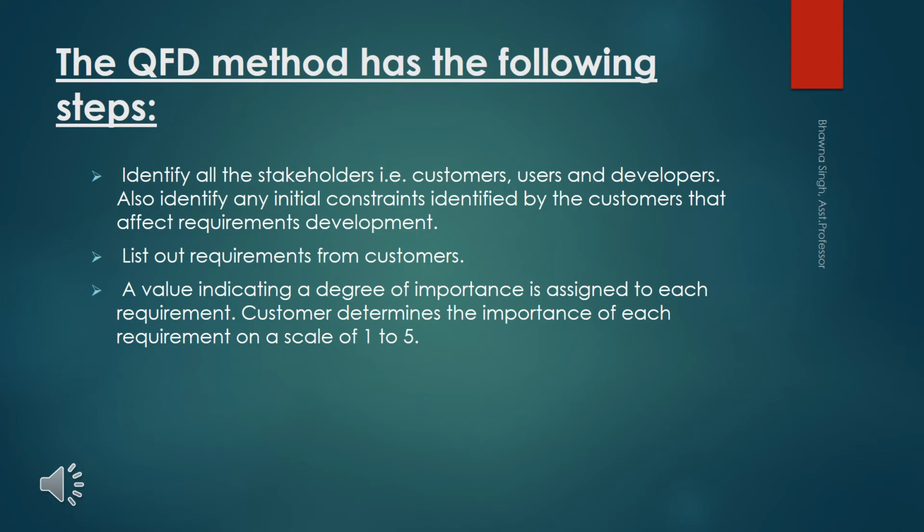And after creating that table we indicate a value, or you can say a degree of importance, to each requirement, and on the basis of those degrees we can solve the problems one by one. Let's suppose we give 5 points to the very important requirements, 4 points to the important requirements, 3 points to the average requirements, 2 points to the less important requirements, and 1 point to the least important, which can be ignored if need be. So like this we indicate a degree of importance on a scale of 1 to 5, and on the basis of that we start doing the development process.